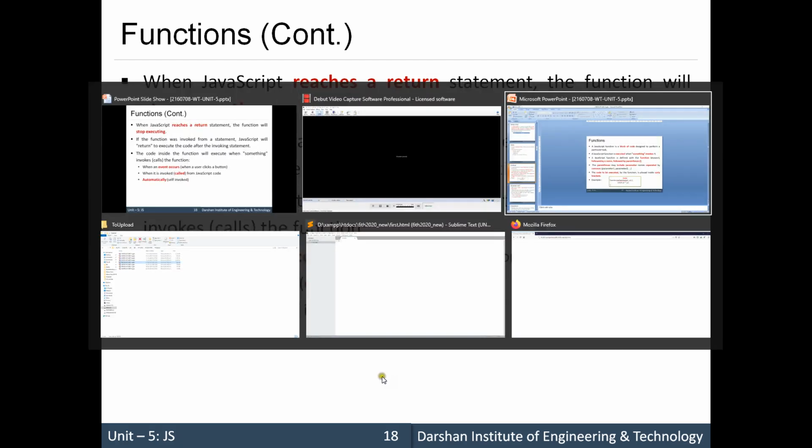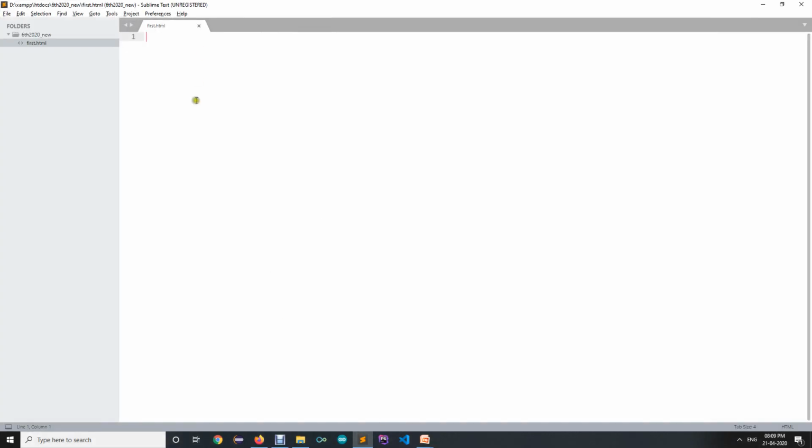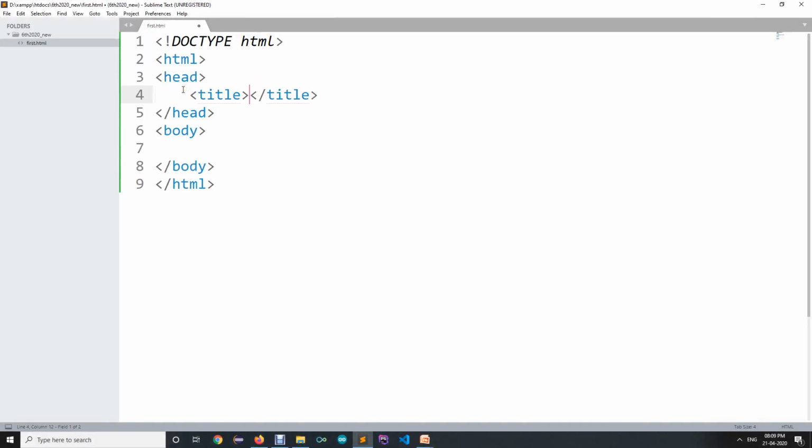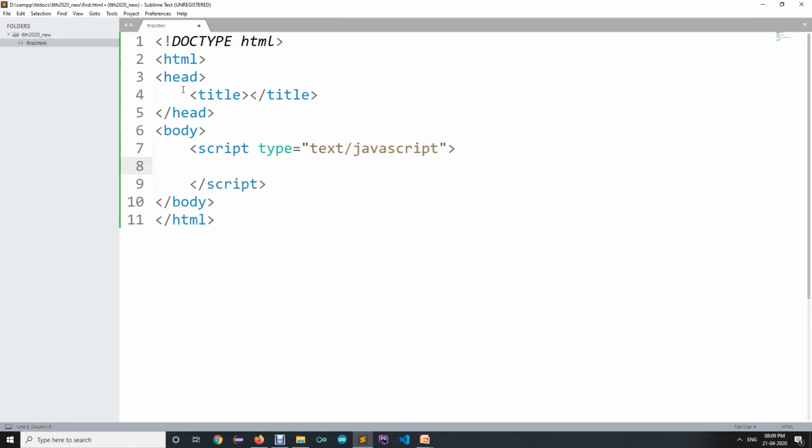Ready? We have our HTML file, a simple HTML file. Here, as we know, we can write a script tag. Inside that script tag we can specify a function, let's say abc, without any arguments.